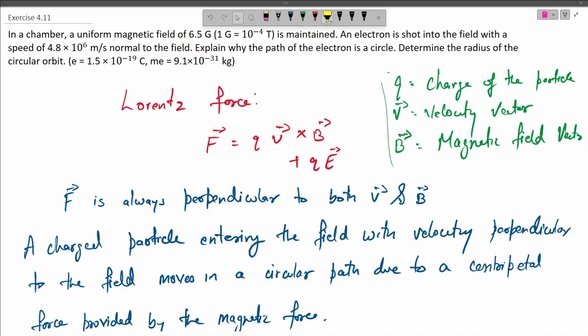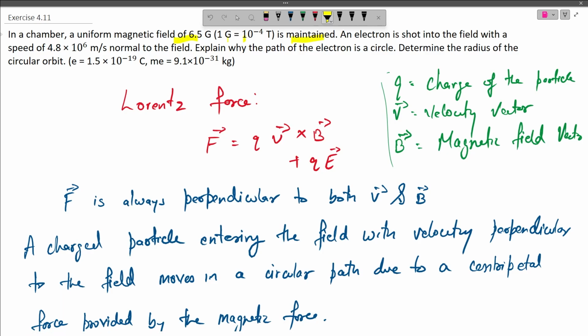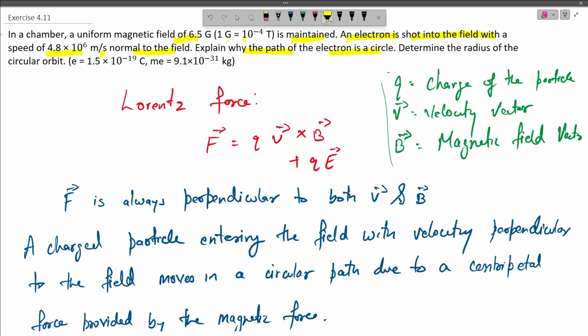The question says that in a chamber, a uniform magnetic field of 6.5 G, where 1 G stands for 10 to the power minus 4 Tesla, is maintained. An electron is shot into the field with a speed of 4.8 × 10^6 meter per second, normal to the field. Explain why the path of the electron is a circle and determine the radius of circular orbit,